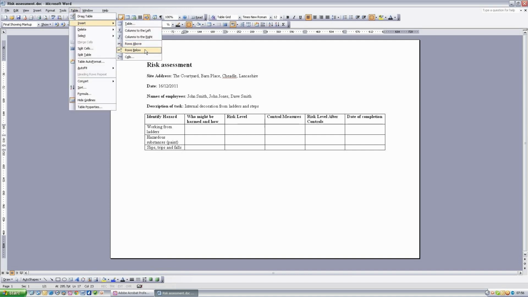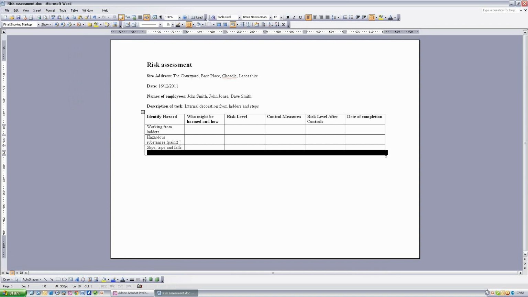And let's just put one more example in there, which would be working with the general public. Okay, so then what we've got to do is decide who might be harmed and how. So working from ladders, we could say something like